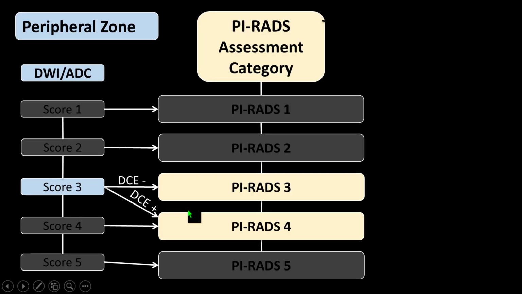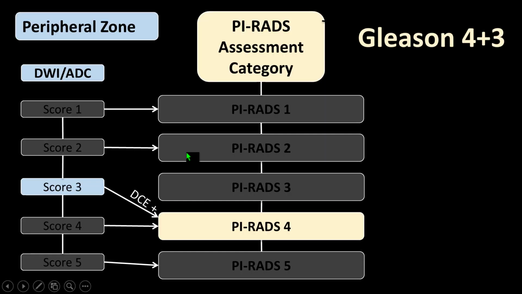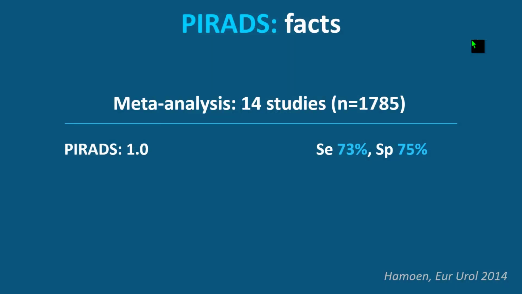And now contrast is important, because if it is not enhancing, it's a PI-RADS 3, and if there is enhancement, it's a PI-RADS 4. You can see focal early enhancement. This is the K-trans, but this is a focal early enhancement area here at the Cineloop, and it corresponds with the other lesion. You can see the curve actually going up, going down with washout, so this definitely is a significant cancer, so we upgraded it to a PI-RADS 4. And actually this appeared to be a Gleason 4+3 lesion at biopsy.